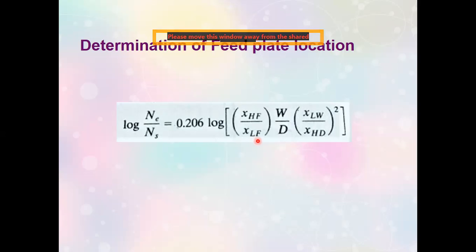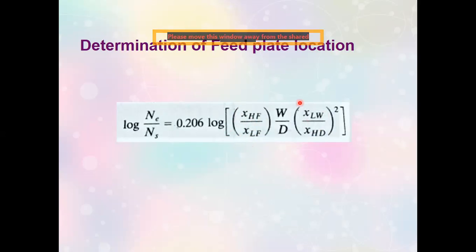How would you know which of the components in your feed is the lighter component? Normally, and in my observation, it's usually the component which is lesser in value of the two. So I'm referring to the light component. You take the mole fraction of that, and this one is the mole fraction of the heavy component in the feed. In the same way, you use the manner in which we represent the heavy component and the light component in the feed here.